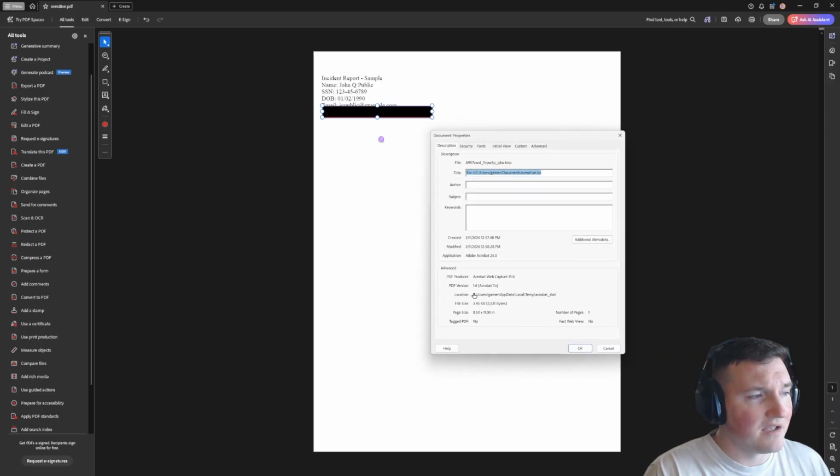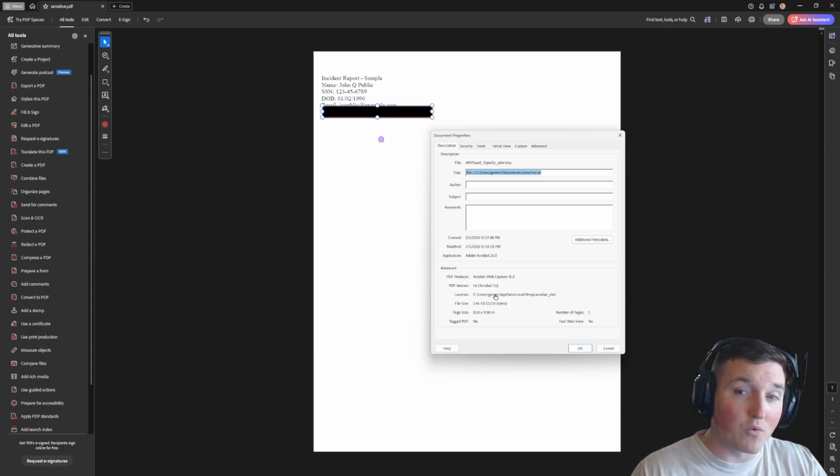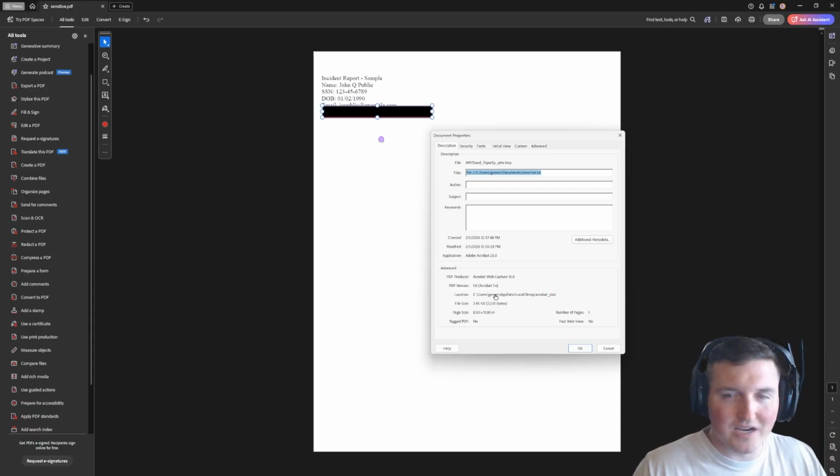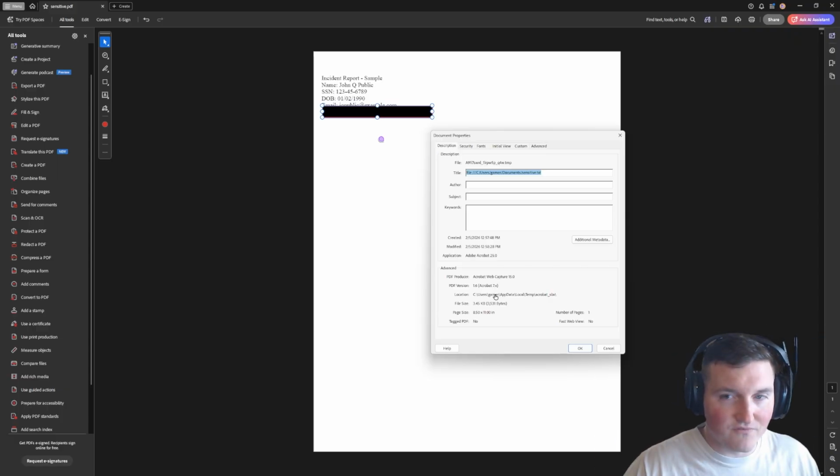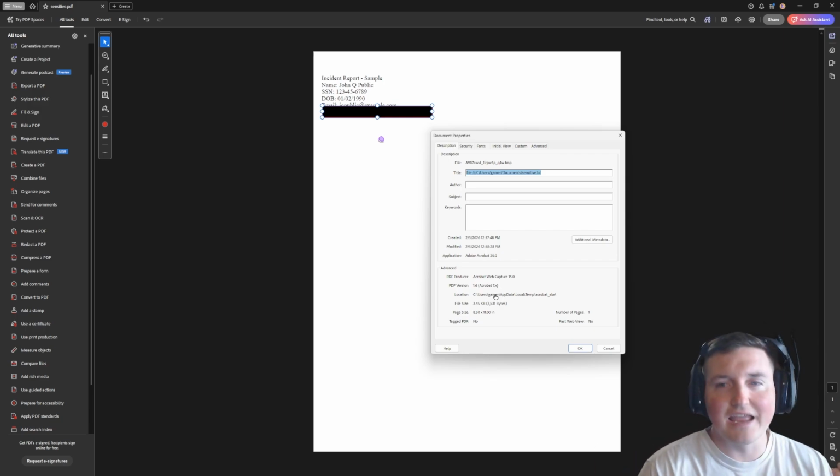Like for instance, on here, the location is C:\Users\gamer. My name on my computer is gamer on purpose, because it's just generic, and that will give away a username. And if I wasn't sure if this file was a good example, and I'm not, again, I hate to keep going back to the Epstein file because I don't want to bring that into it, but I think it's invaluable to do a lessons learned on this. Let's say I get a file and I see it